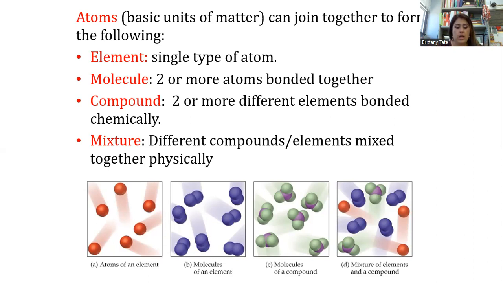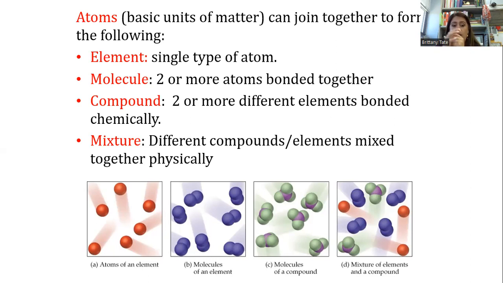So looking at that picture down there, you see that atoms are of a single type of atom. Fluorine, that we were talking about, would just be a single type of atom. Now, molecules of an element can come together, and we have a lot of elements that only exist in our atmosphere as molecules. A good one is oxygen. You often see it as O2. That means two oxygen atoms are together. These are molecules because they are of the same element.